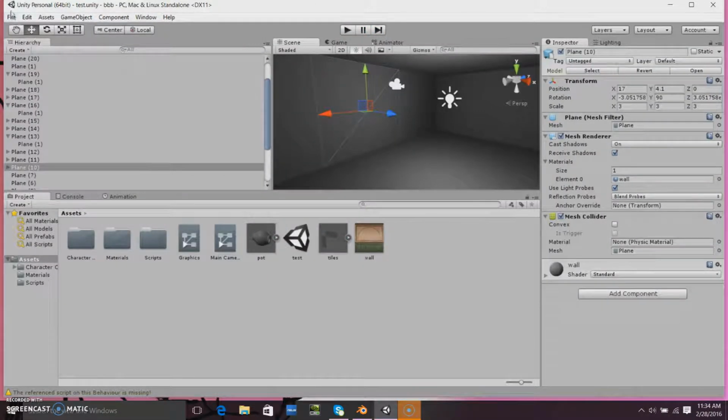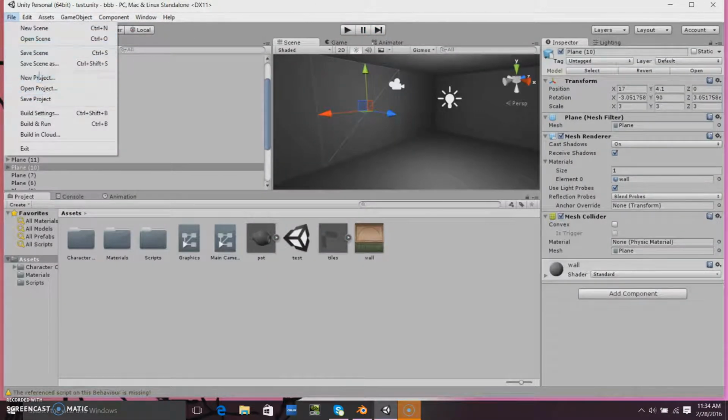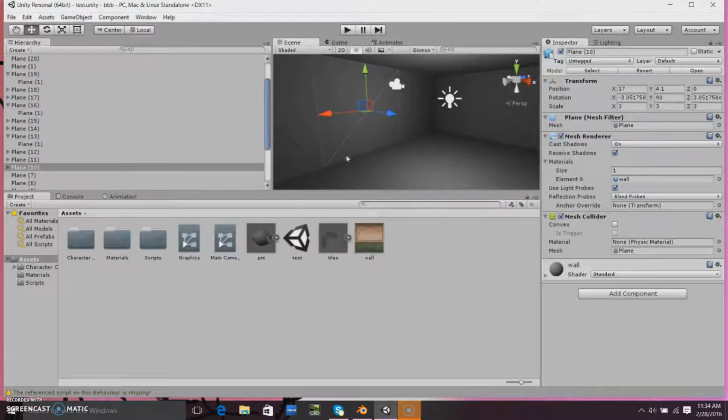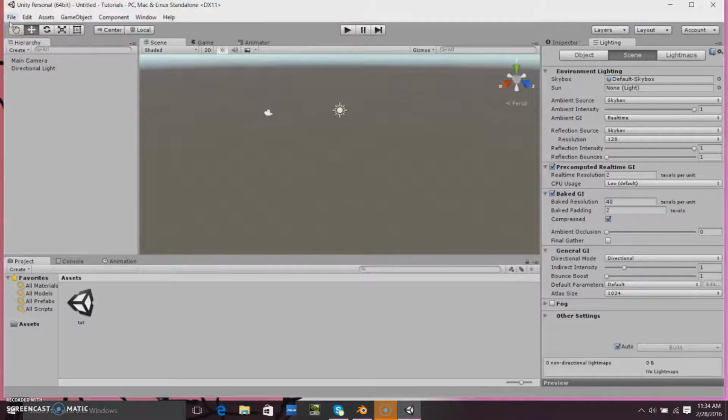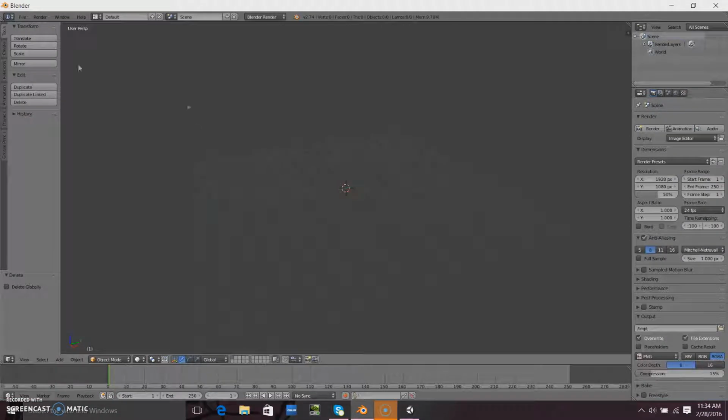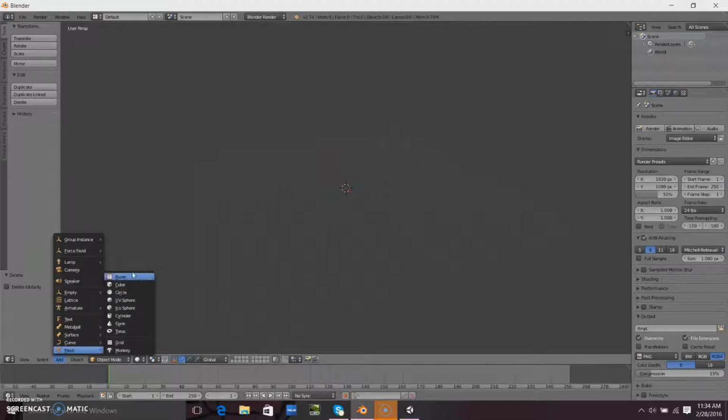Let's get started. Now I'm just opening my test project I have in Unity and opening my test scene. So yes, start a new project in scene if you haven't already, and start a new scene in Blender if you haven't already. And now we will simply